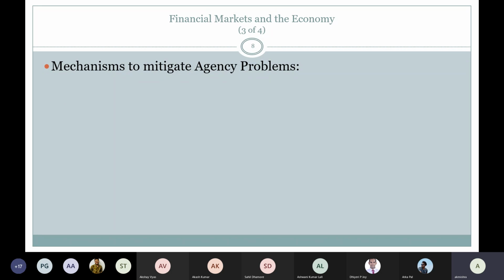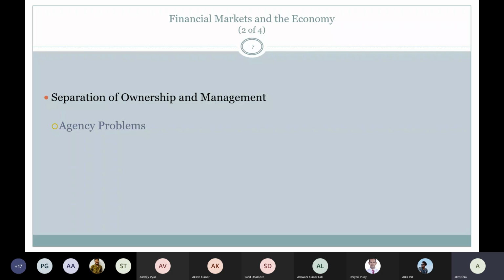Sir, regarding the last slide, is it that if it's a manager, then he will have a tendency to take more risky or more profitable decisions as compared to the owner? That is why the divergence arises. I have only taken one side. Chances are also there where the owner wants that the surplus should be used and the manager should go and take a risky project, but the manager is risk averse. So it could be both ways.